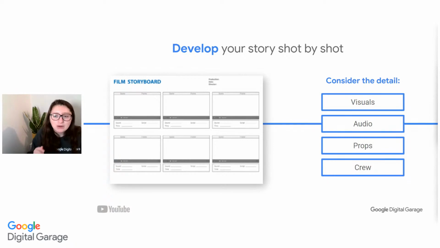And when it comes to sound, can you be heard? But then also think, what else can be heard in that shot? Is there background noise? Is there music? Because that's going to be really important. If you haven't licensed to have that music in the audio, then you risk that piece of content being taken down. So really think about what's going to be heard in that piece of content.